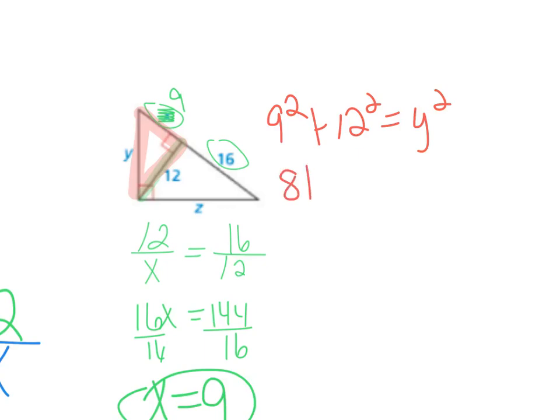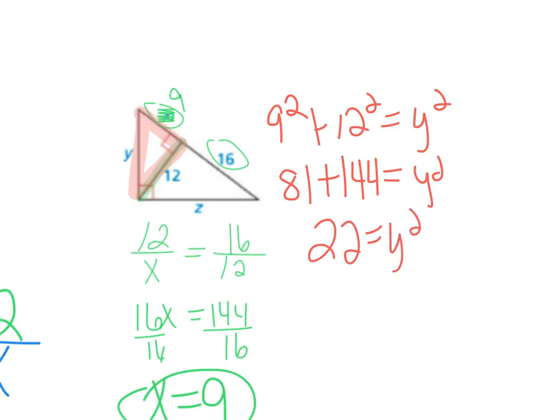If I say 9 squared is 81 plus 144 equals y squared, I get 225 equals y squared, and y equals 15. Okay, so now I know that y is 15. We also could have used the geometric mean. Y is the geometric mean of the two pieces that it touches. So another way to think about it,